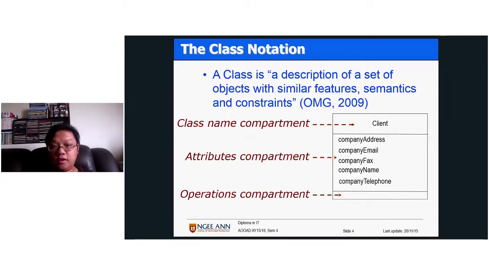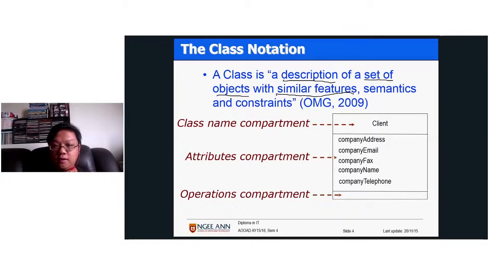If you take a look at this, it's a description of a set of objects. A class, as you all recall, is a template, in that whenever I want to create an object, the class describes what the object is going to contain. All of these objects will have similar features,